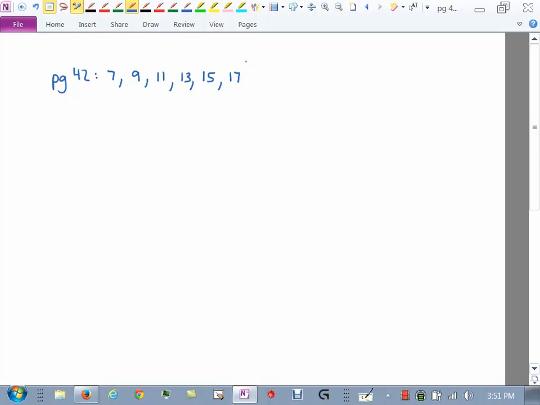Now each one of those problems has like part A, part B, part C. Some of those you've already done. So I gave you a couple of those problems, like the ones that you were doing before we took a break, are some of those. So just take a look at that when you compare it in the book.